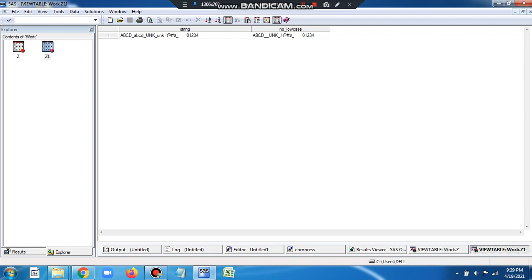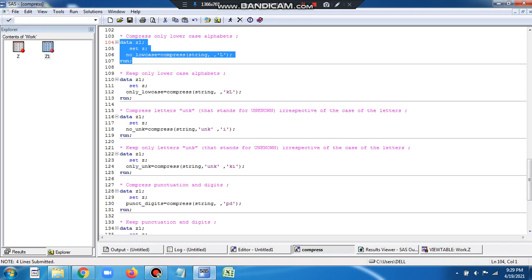So here you can see we don't have the small letters a, b, c, d. Also we don't have the lowercase u, n, k. So all those lowercase parts have been eliminated. Next, let's say we want to keep only lowercase alphabets. We want to keep, so we are using K. K is the modifier.